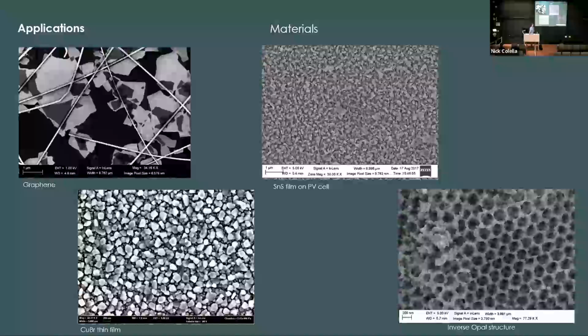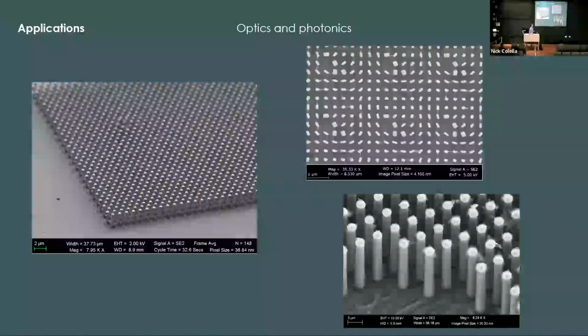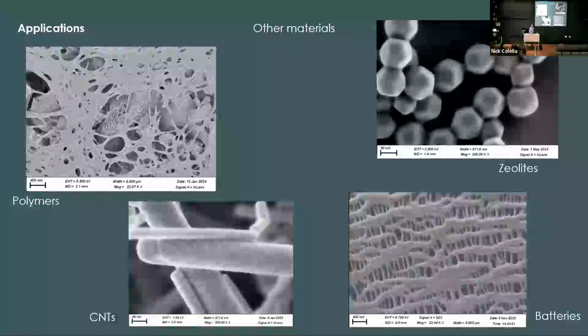So we do a lot with different types of materials. Thin films, 2D materials, looking to characterize the way that those types of samples might have been fabricated, or how successful the structure was created, what size grains we obtained, things like that. We do a lot of work with people creating optical devices, photonic crystals, where we often have this large array of features, sometimes with three-dimensional aspects that we can try to image to characterize. We do a lot with what I've called other materials here as well, which can include soft stuff like polymers, which are very challenging.